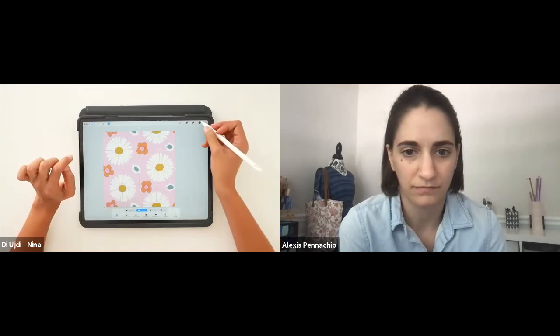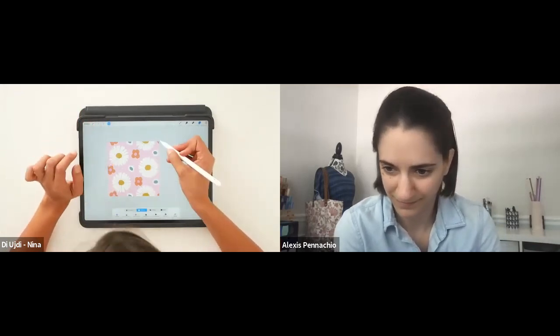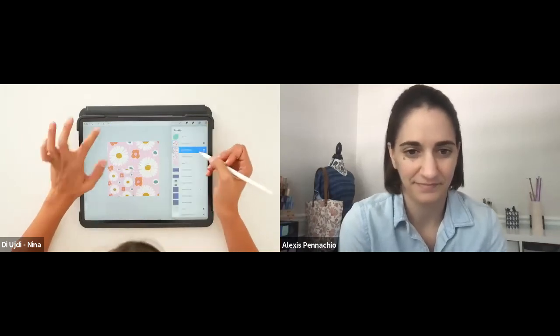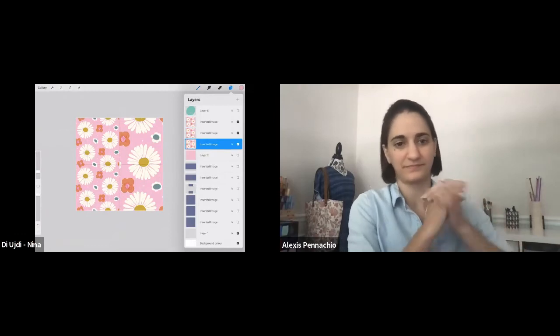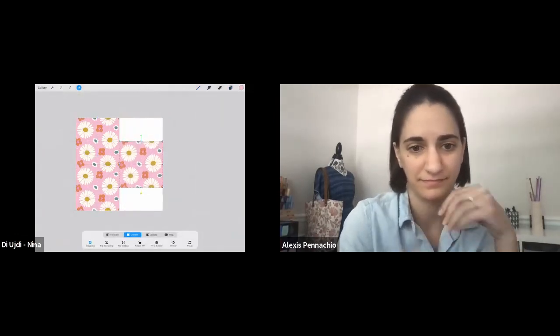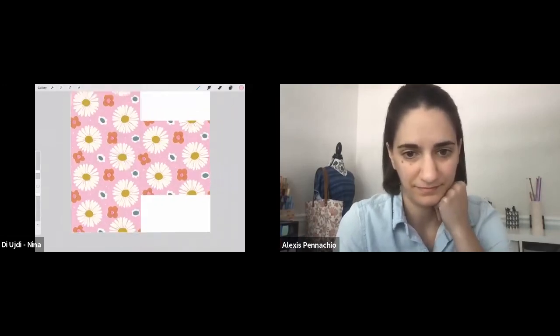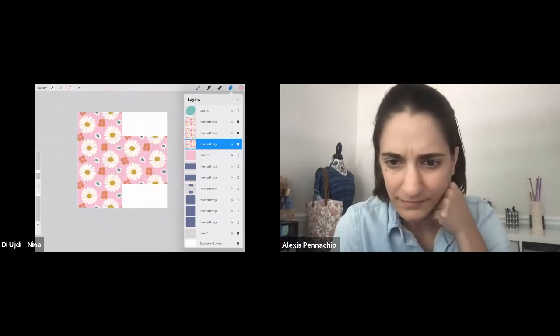Let me duplicate this three times and put this one here. This is the same way in which we created the template, right? There is a whole logic to it because this is a half drop pattern. What happens with a half drop pattern, as I mentioned in the beginning, is that